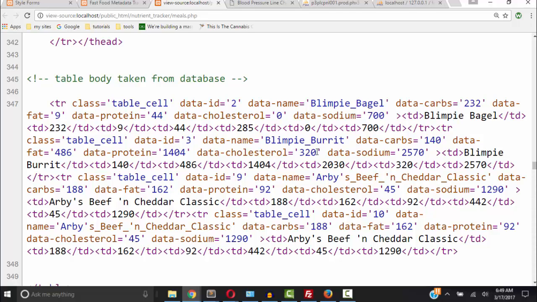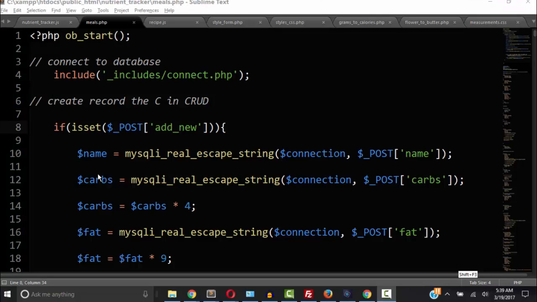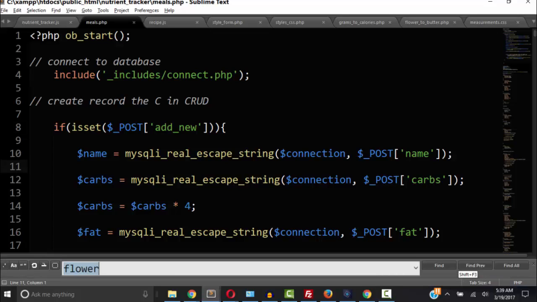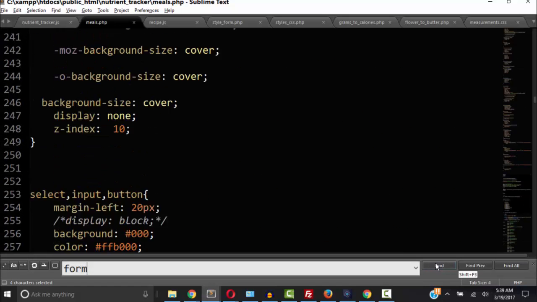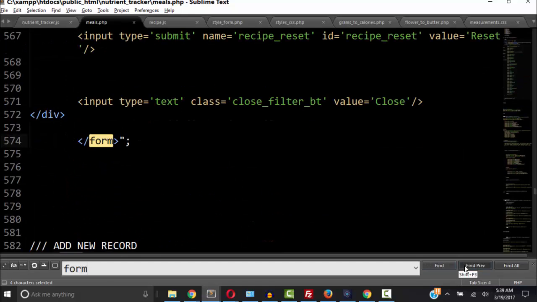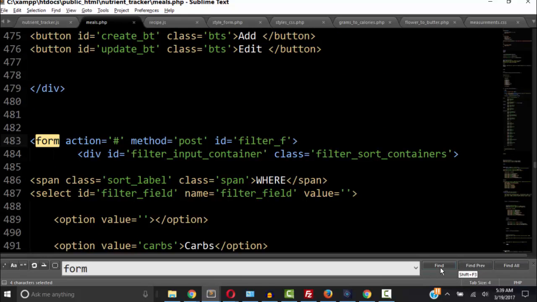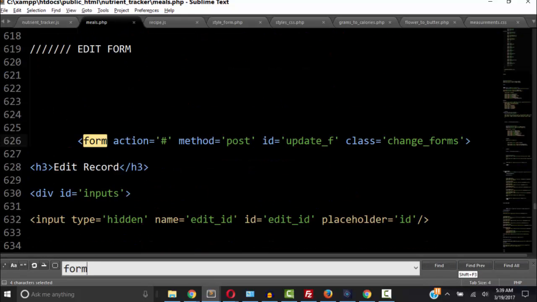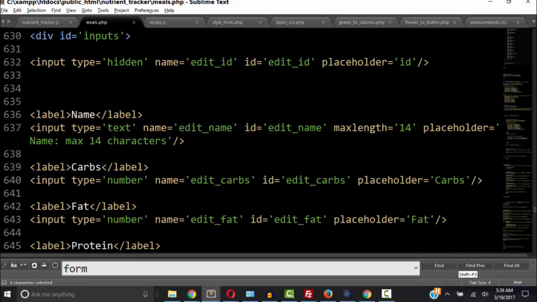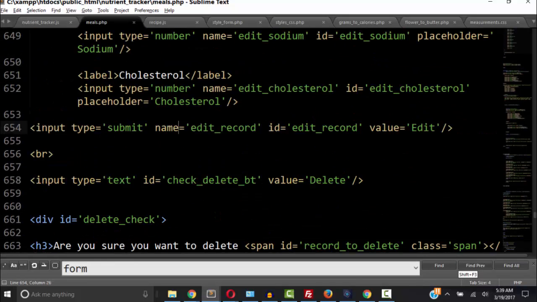Okay, so we need to go to the PHP. Remember when we said if isset $_POST and then we added the add new? That was our submit button for our add new form. So let's find our edit form. I forget what it's called, but let's do a search for forms and find our edit form, and there it is, update form, and our submit button is edit record. So let's copy this edit record,